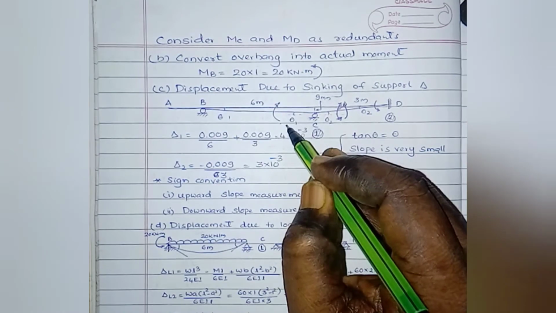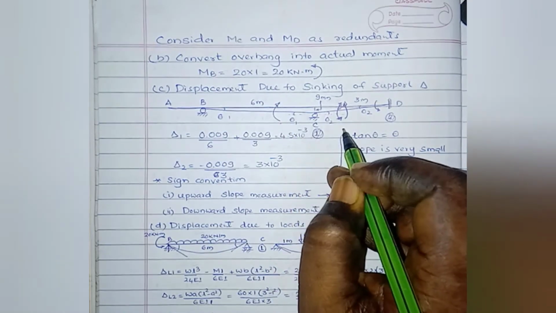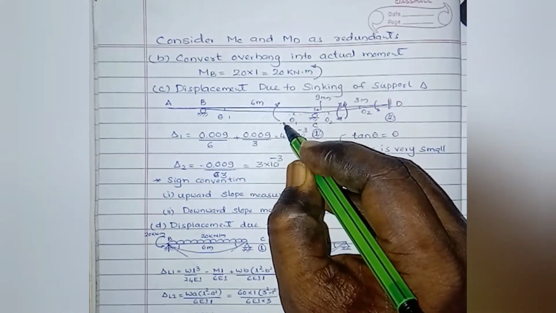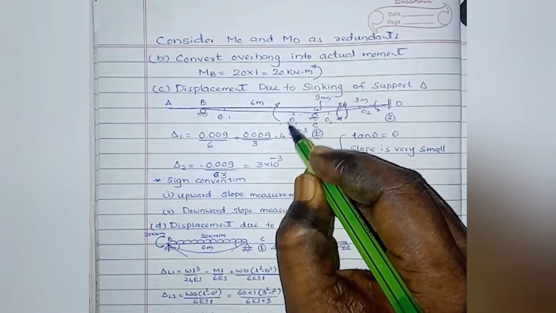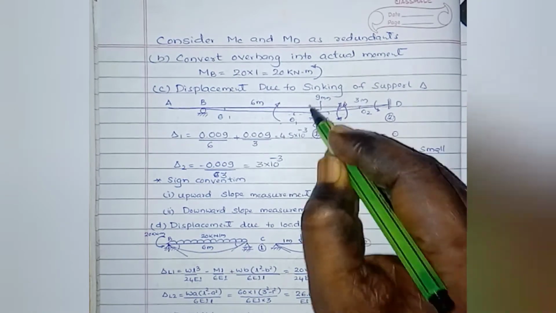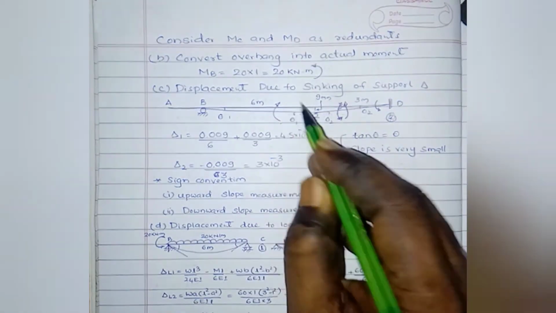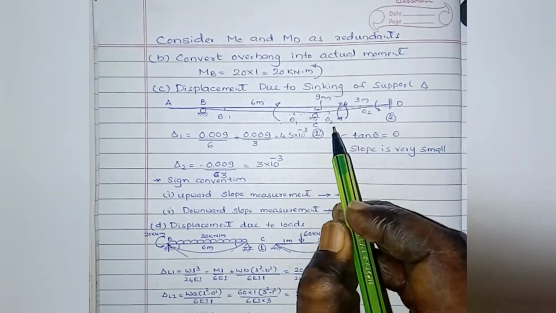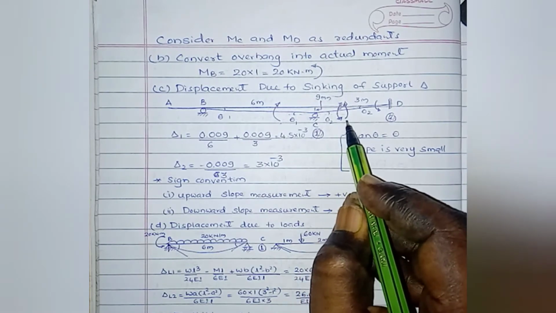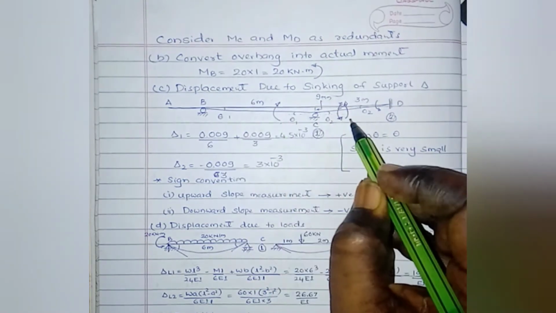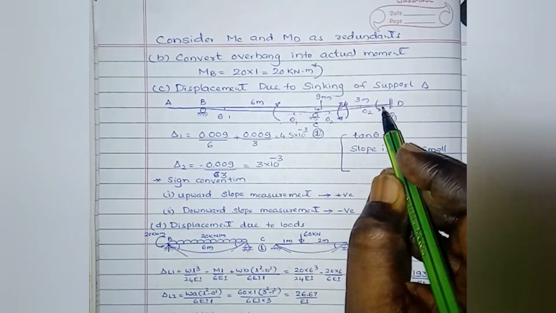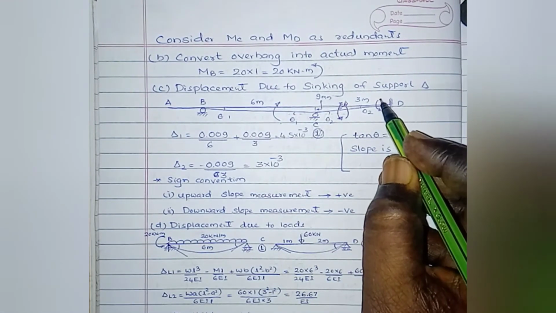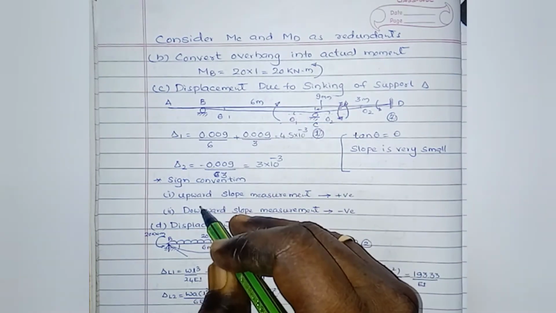Here the rotation, you know that moment causes the rotation. Here the direction of the rotation is similar to the sagging moment. The moment causes the rotation. Here I have shown the direction of these moments or the rotation. Here the direction of the rotation is like this, that is similar to hogging moment.